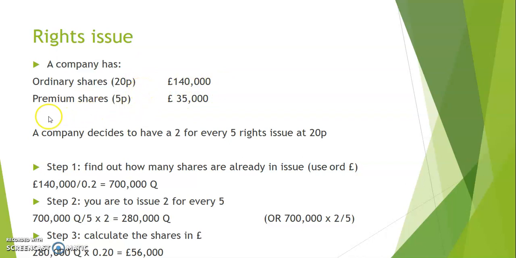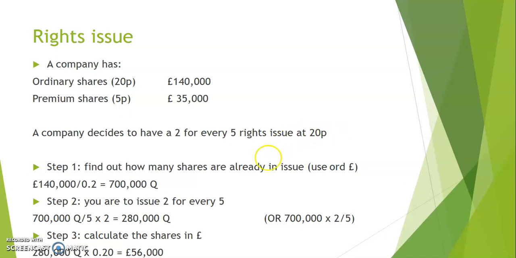This particular company decides to have a 2 for every 5 rights issue, and they are selling these shares to existing shareholders for 20p. So what effectively they're saying is, look, existing shareholders, we are willing to sell 2 shares to you for every 5 that you have, and we'll sell them to you at 20p. So how do we actually tackle this particular question? Right, the first step